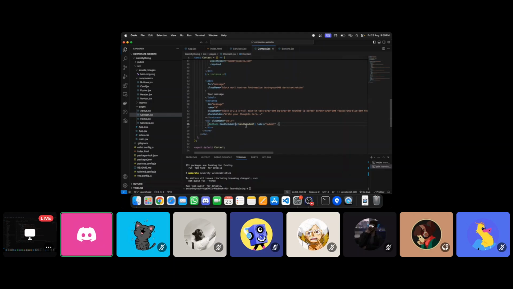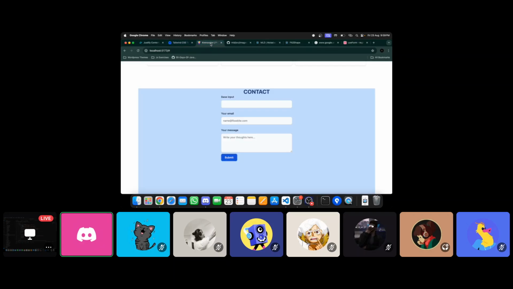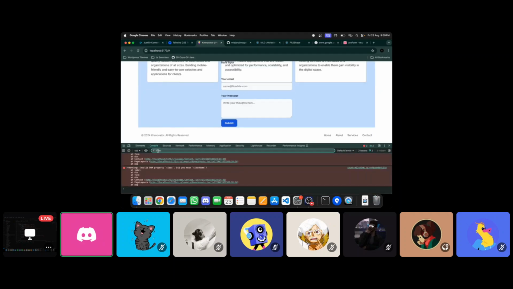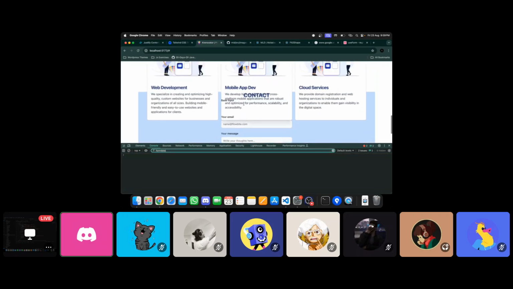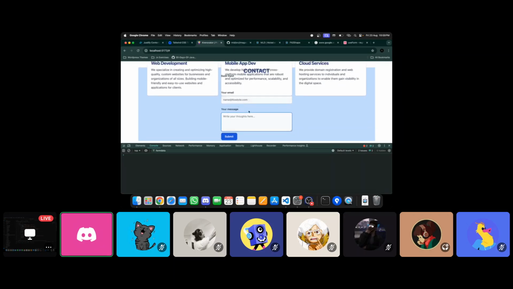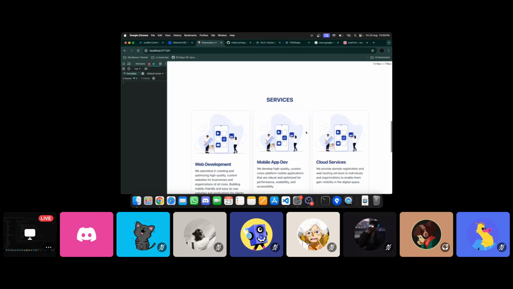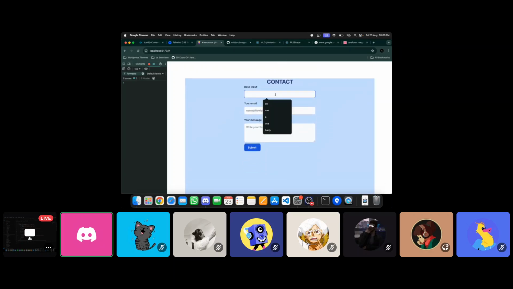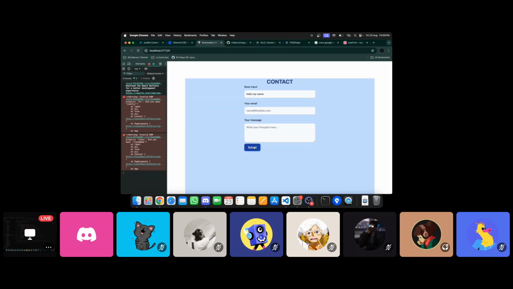Now you can see we can submit. Let's console log the form data. Now when I type something, like hello my name, then submit, oh, there are some errors.